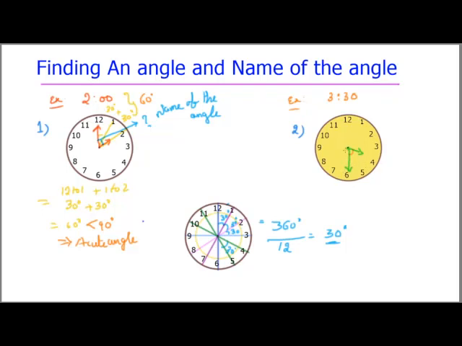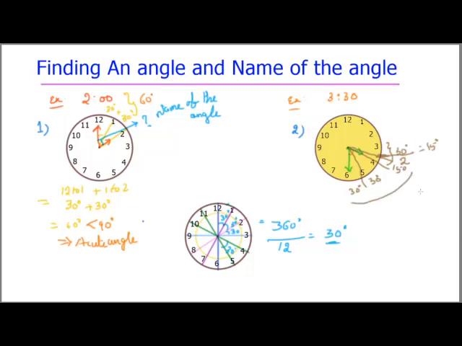So for that we have to divide this into parts. How can we divide? First part is 6 to 5. Correct? 6 to 5 is one part and 5 to 4 is one part. And this hand is in the middle of 3 and 4. Correct? This is a half. Now one part is 30 degrees. Here 4 to 5 is 30 degrees. Here 3 to 4 is 30 degrees, but they have taken only half from 3. Half is 30 by 2, how much will that be? 15 degrees.